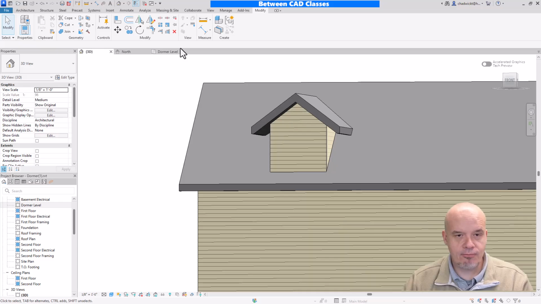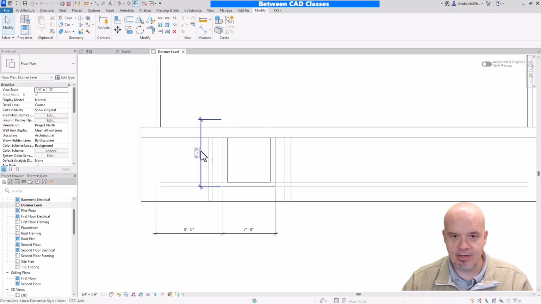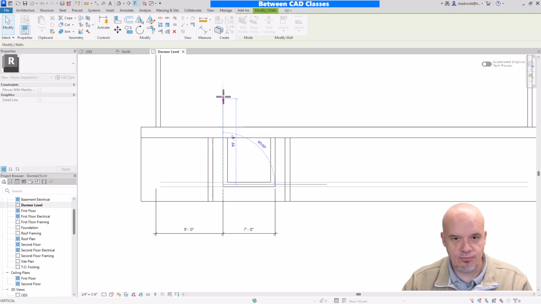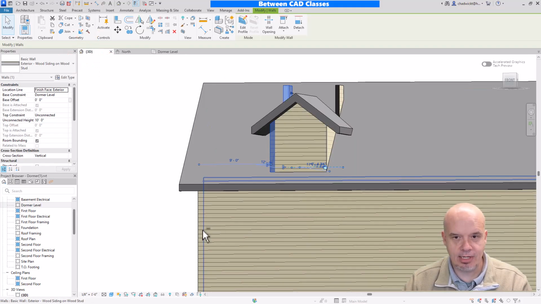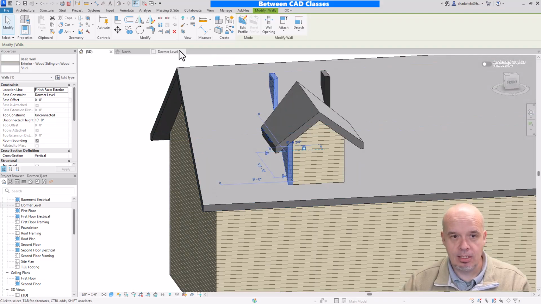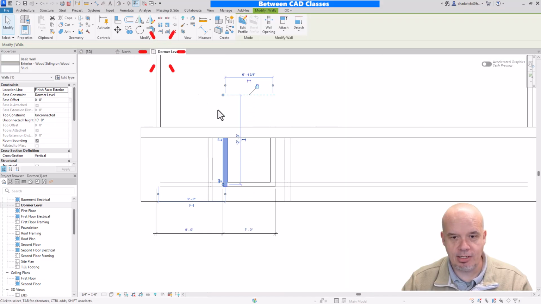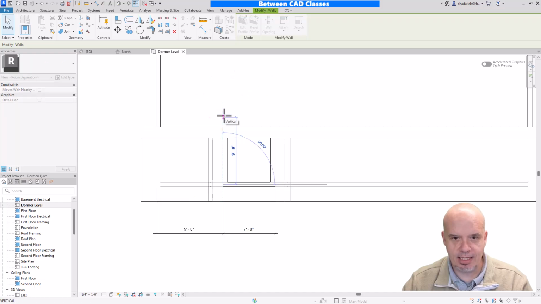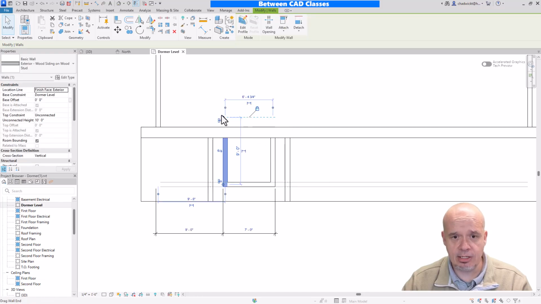So I want to return for just a moment to my dormer level and talk again about these 9 feet dimensions that I had. Without this 9-foot dimension here, if I drag this too far in and look at it in 3D, then I end up with some walls that didn't terminate properly. So I need to come back to my dormer level and drag those back in. If I didn't go far enough,